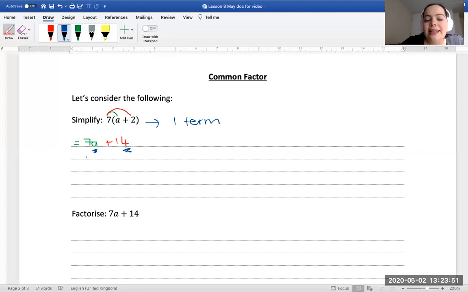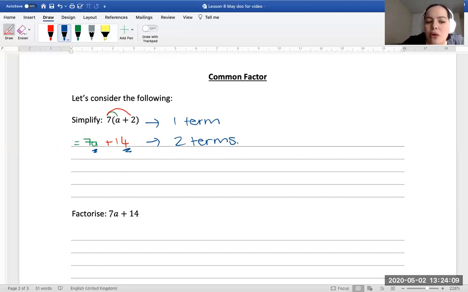Okay? And we ended up with 7a plus 14. Now, because of that plus sign, we know that we've got more than one term. So we went from one term to two terms. All right, now if you remember very carefully, factorization, I said, goes from two or more terms to just one